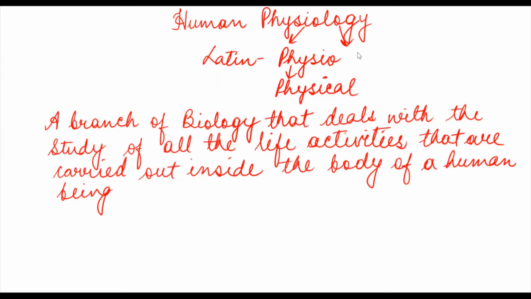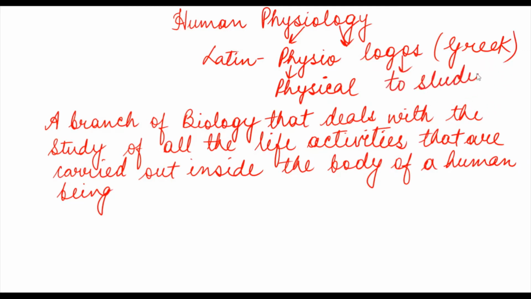The second word is logos, which is a Greek word. What is the meaning of logos? Logos means to study. So we conclude here that physiology, specifically human physiology, is the branch of biology that